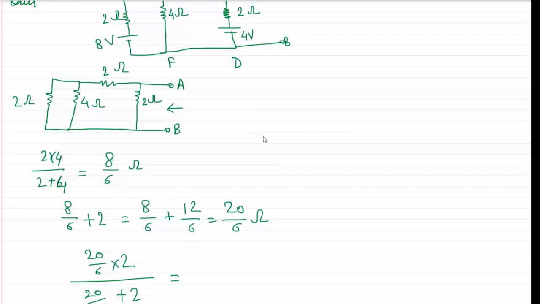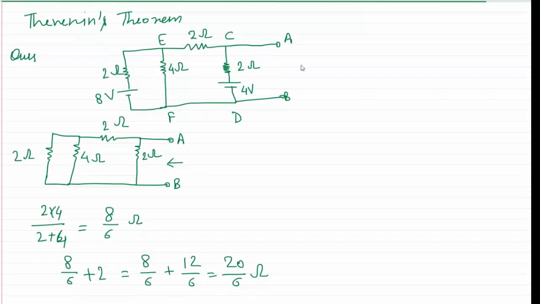Sir, in Thevenin's theorem, we have to move from right to left, no sir, to calculate RTH? No, not like that. Actually, you will have to see from this direction only. But you cannot calculate the resistance from this direction. How will you calculate this? This is in parallel with this one. You cannot do 2 parallel to 2. Why? Because this is in parallel not only with this resistor, but with this complete part.